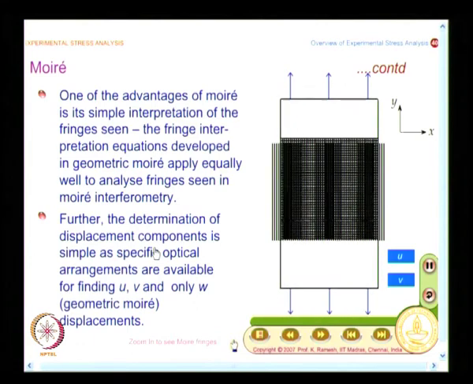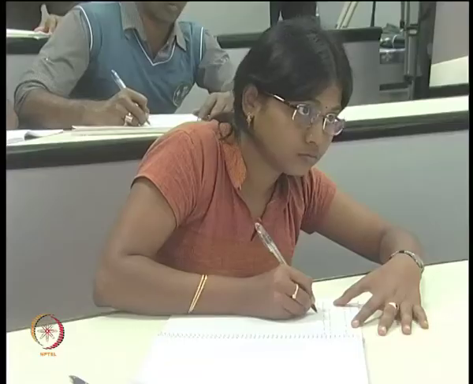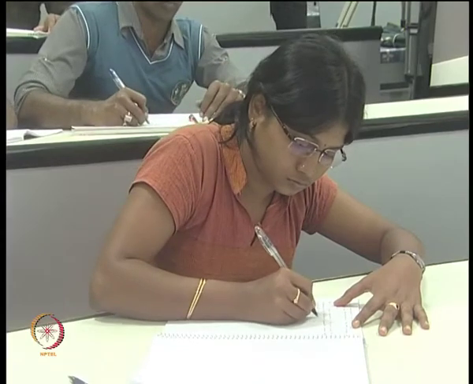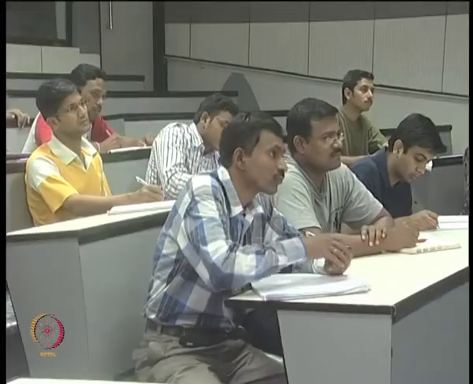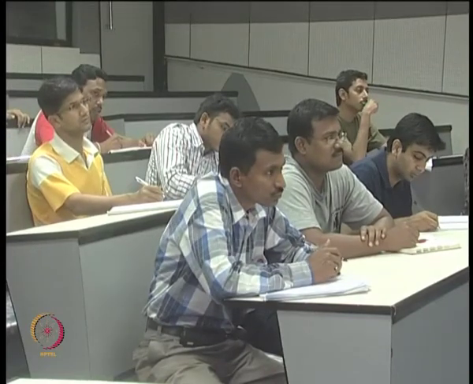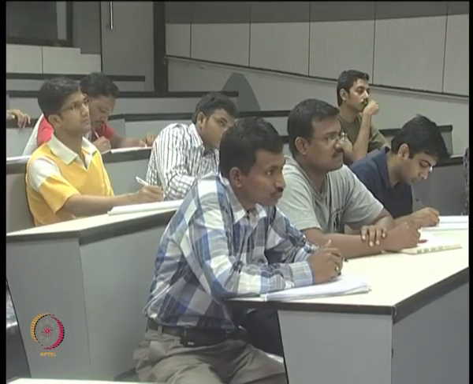When you go to geometric Moiré, its variation like shadow Moiré, reflection Moiré, projection Moiré, you get out of plane displacement, you get slope, you get curvature, and each case you need to have a specific optical arrangement. Though it appears specific arrangement is a nuisance in some instances, data interpretation is lot more simpler if you have specific optical arrangement. See, what we have looked at is, we have looked at the method of strain gauges.